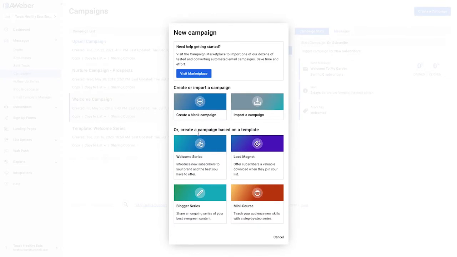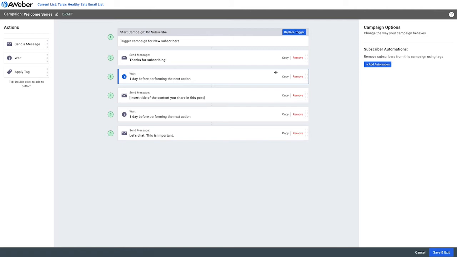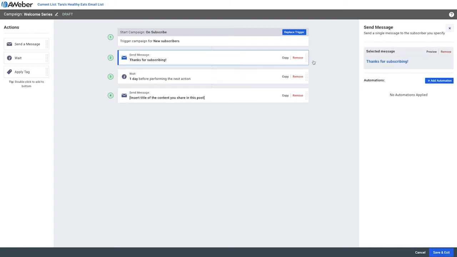So we'll give our campaign a name, just call it Welcome Series. Nobody else will see this name, it's just for us. And with this pre-built automated welcome template, we've got 3 emails that go out when somebody signs up to our list. The first one, then there's a day wait, a second one, another day, and a third one. We can remove some of these wait times in emails if we don't want an entire series, and then customize each email by clicking on its subject line.